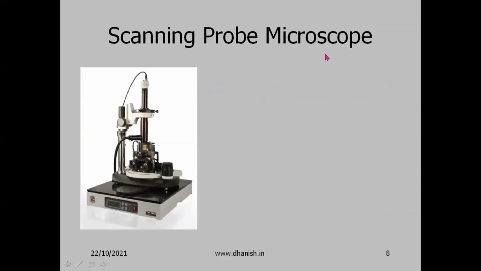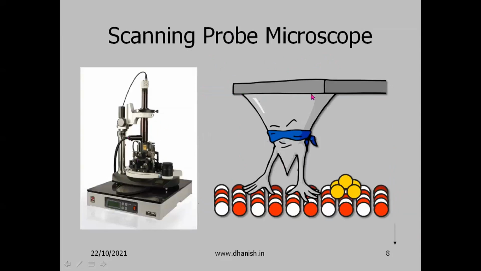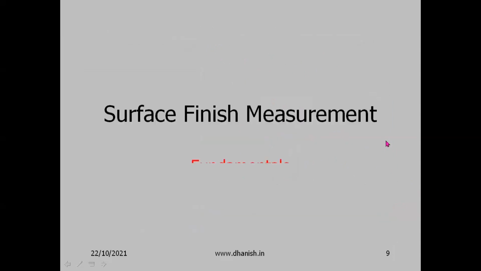Scanning probe microscope is another technique, such as the atomic force microscope. There is a very small tip which is made to scan over the surface, and the force of attraction between the surface and the tip is measured and used to determine the profile of the surface. The difficulty with this is that it is a single tip, so you have to move it over the entire surface, which takes a lot of time. So that is how the interferometric methods were developed, with which you get a picture of the entire surface in a few minutes. Okay, so that is